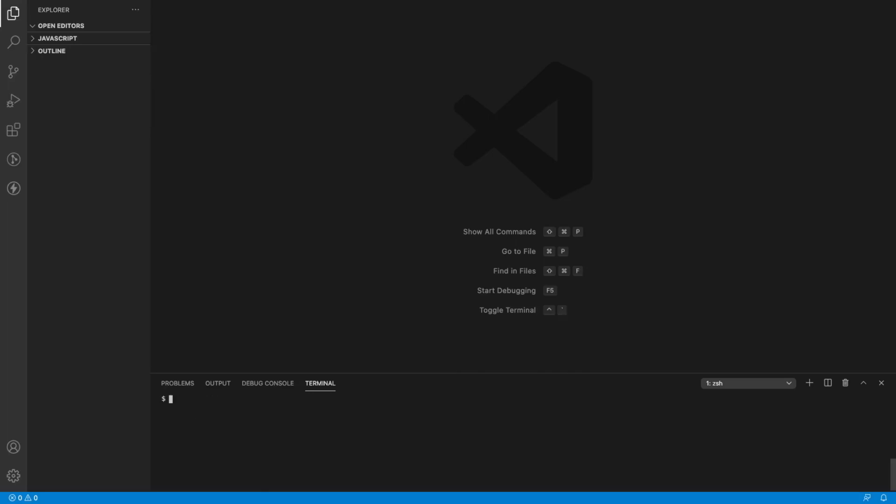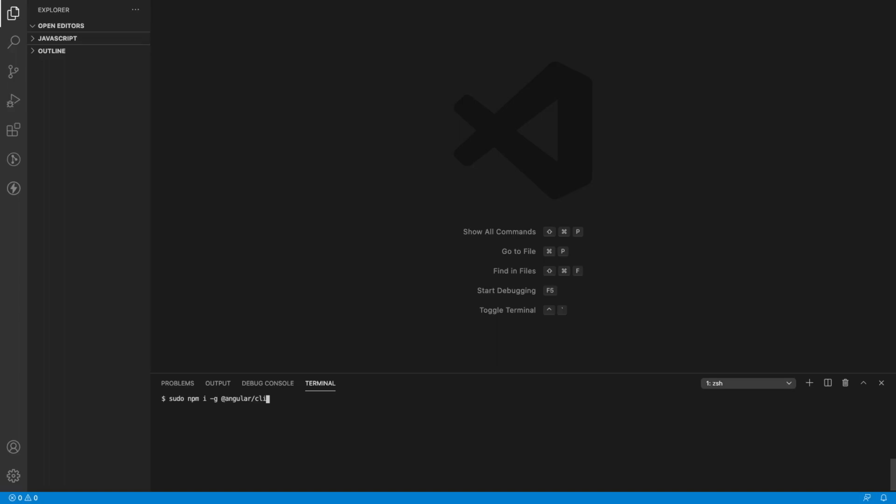Now let's try to install our Angular. To install Angular globally, I can use one command, sudo npm install -g @angular/cli. This will install the latest version of Angular, and the major latest version is 12.